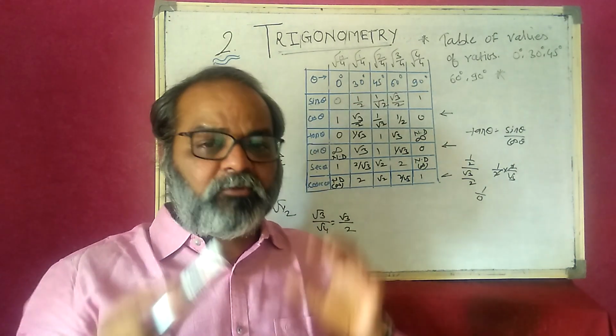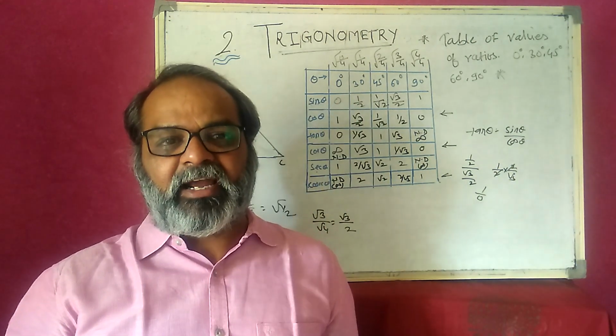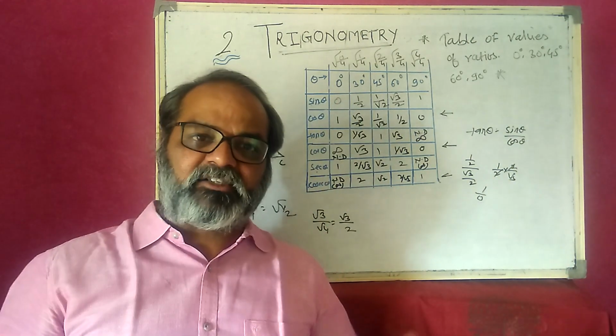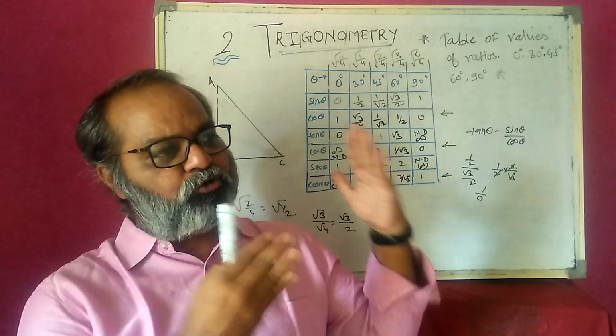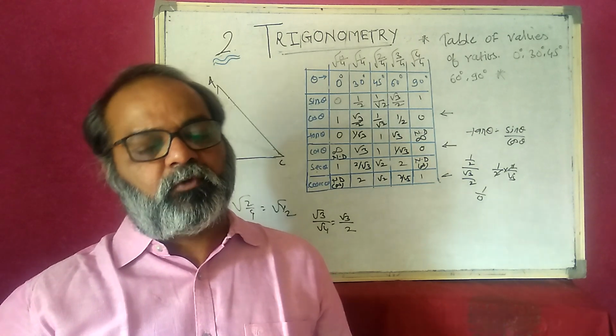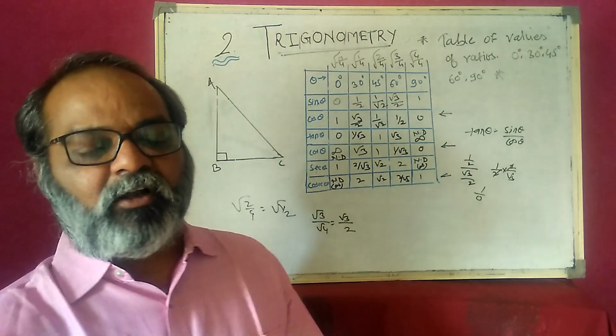Okay. So this is one of the ways to understand it. There are many ways. You can use the triangle with 30, 60, 90 as one triangle and 45, 45, 90 as a second triangle. Taking the values 1, 1 and root 2, you get the same values. I think you get all this.